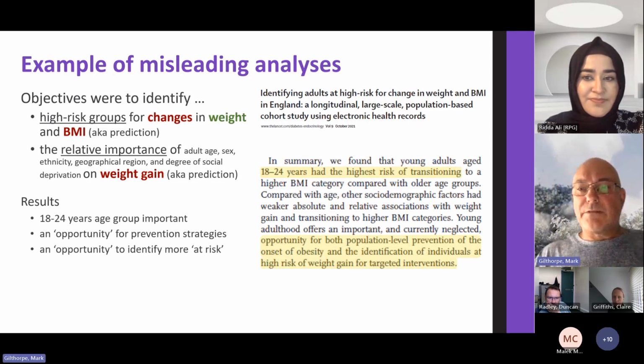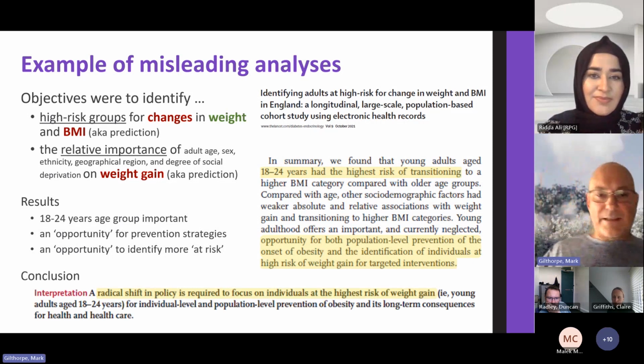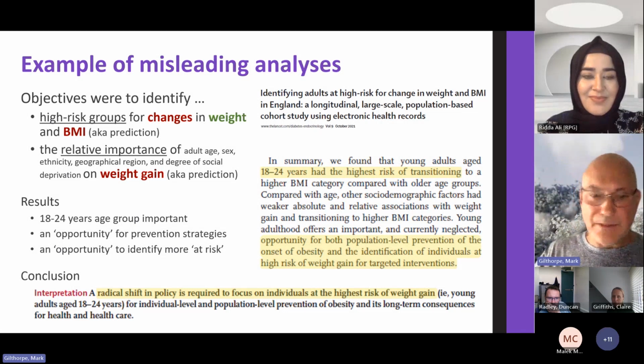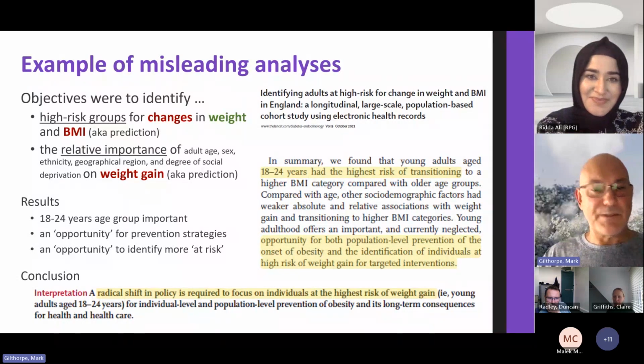Opportunity for population level prevention. Well, there's many opportunities out there, I'm sure. Identifying more at risk. Well, what are we going to do about it? And amazingly, the conclusion is a radical shift in policy is required, rather than perhaps a radical shift in the way we do science. Because at the moment, I see an awful lot of stuff like this, which is completely